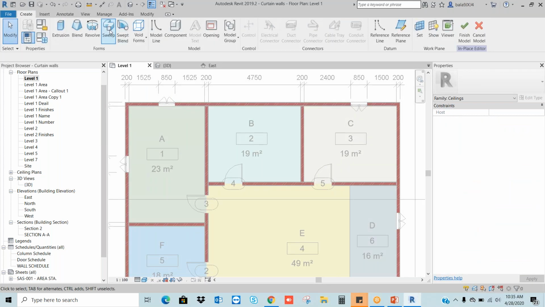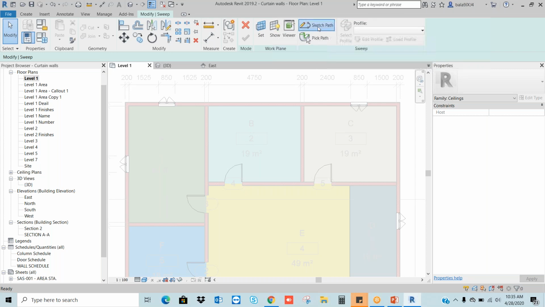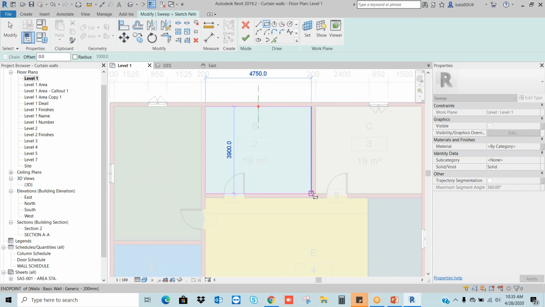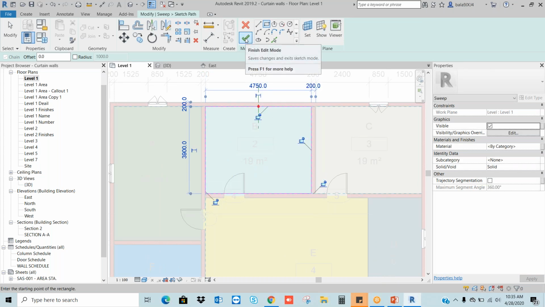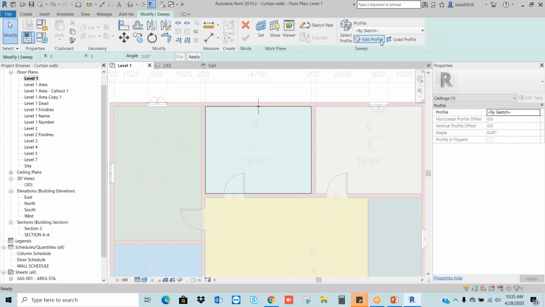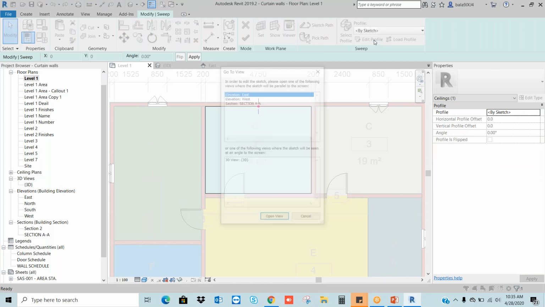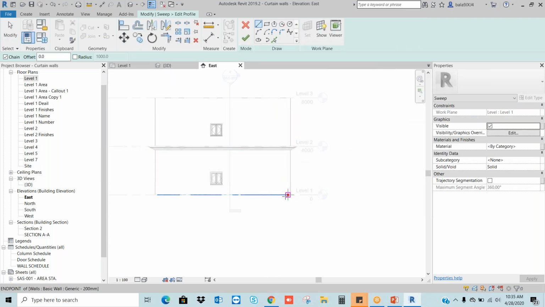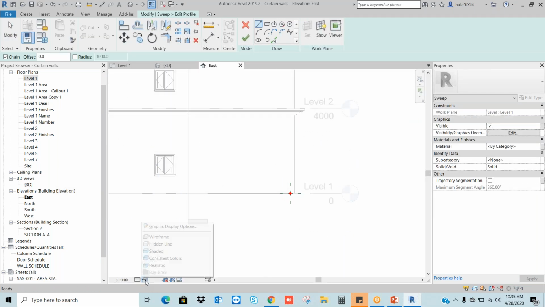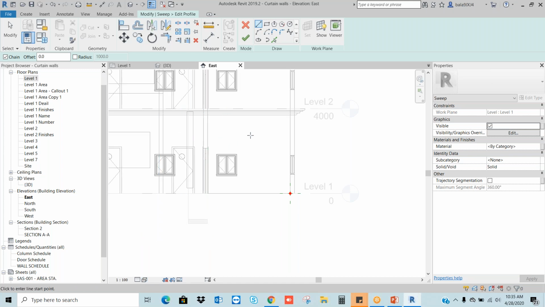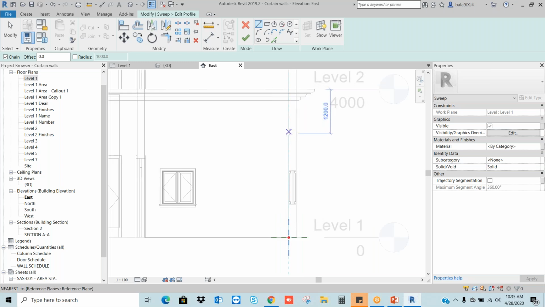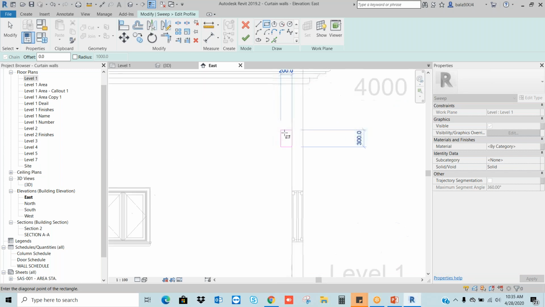I will go to the sweep and create my path. I'm using a rectangular path within this room. Finish it. Okay. Go to edit profile. I want to go to any one of the elevations. Same way, I will go to wireframe to see the internal parts. I don't have any ceiling here. Let's say I want to create my ceiling here, internally. Let's say this time I will take one simple rectangle first to check it.